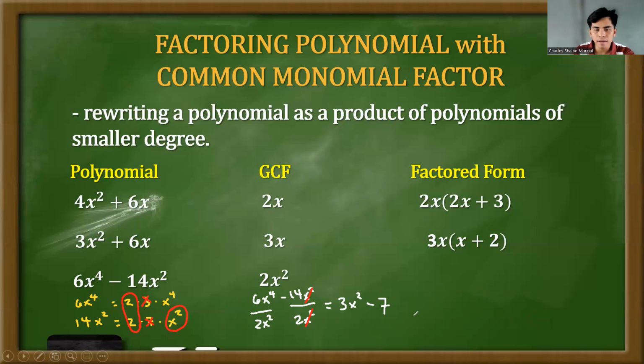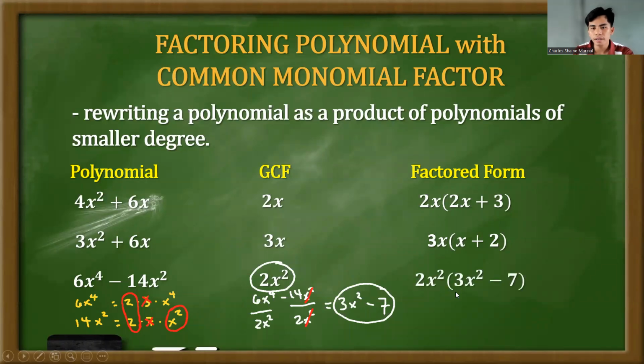Now, anong gagawin natin? We will just combine the GCF and itong nakuha nating sagot. So the answer is 2x squared times the quantity of 3x squared minus 7. Parehas lang yan. Okay? Now, kung gusto nyong i-check kung tama ba yung sagot nyo, ang gagawin nyo lang is